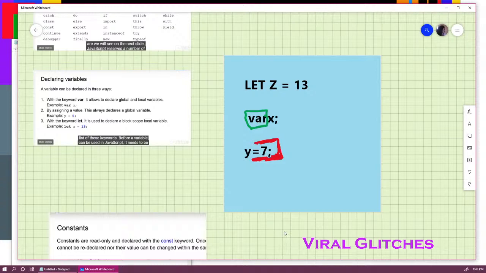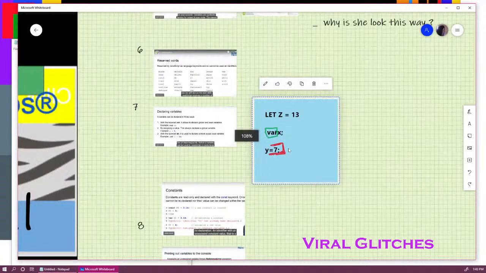Three ways to declare variable, keyword var, value. So I'm going to